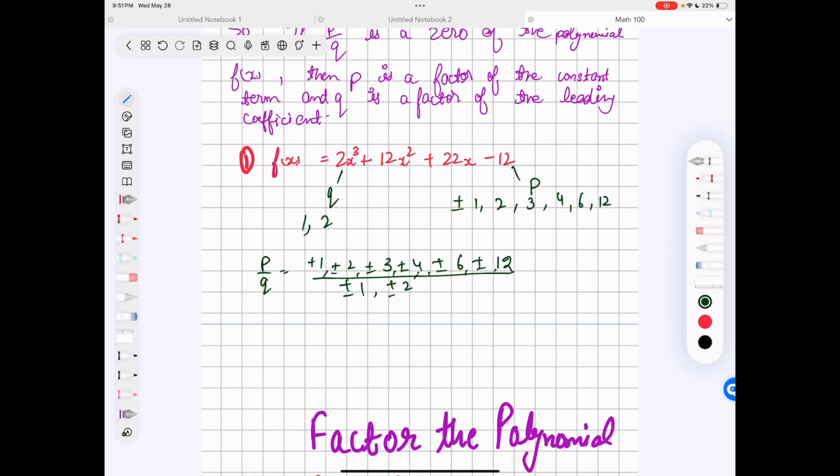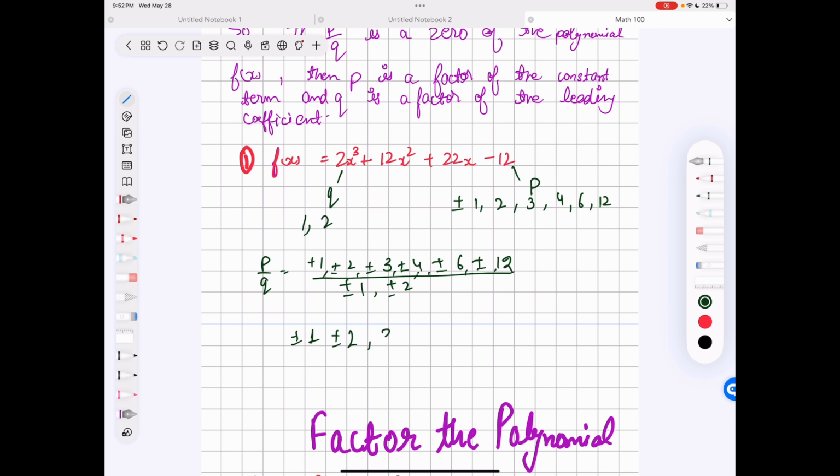And come up with the possible rational roots. We can check if we see a remainder of 0. It helps us narrow down what we write as a factor of the constant over a factor of the leading coefficient. We can write it as 1 over 1, which would give us just 1, plus or minus, and 1 over 2 would give us plus or minus 2, and 1 over 1 would give